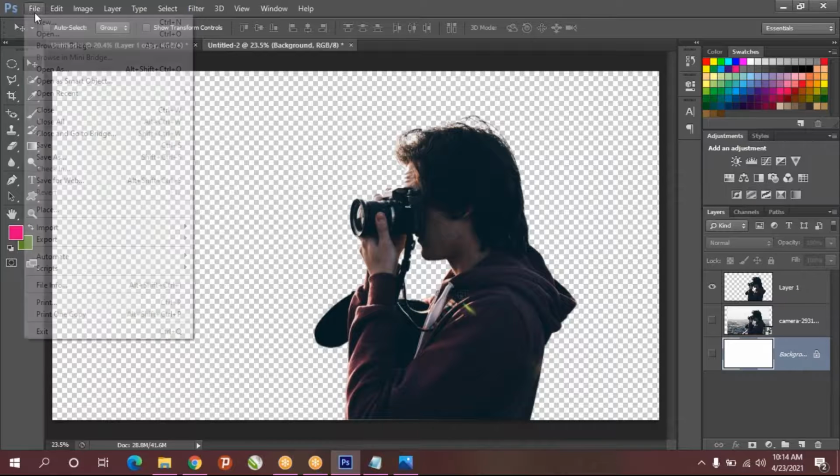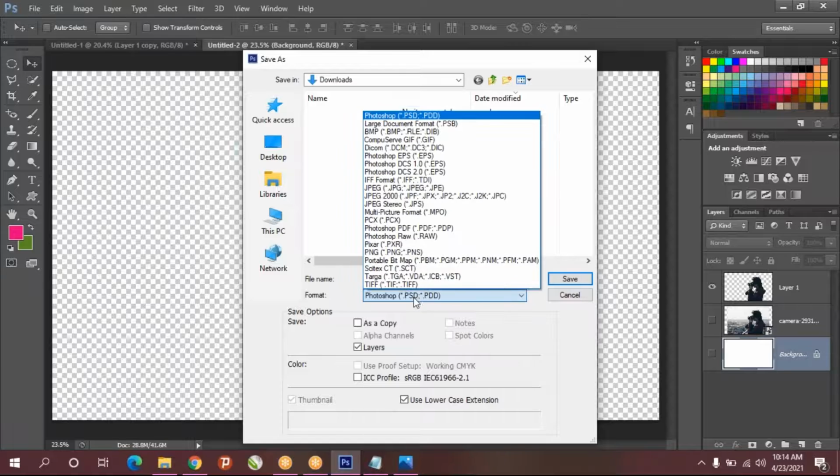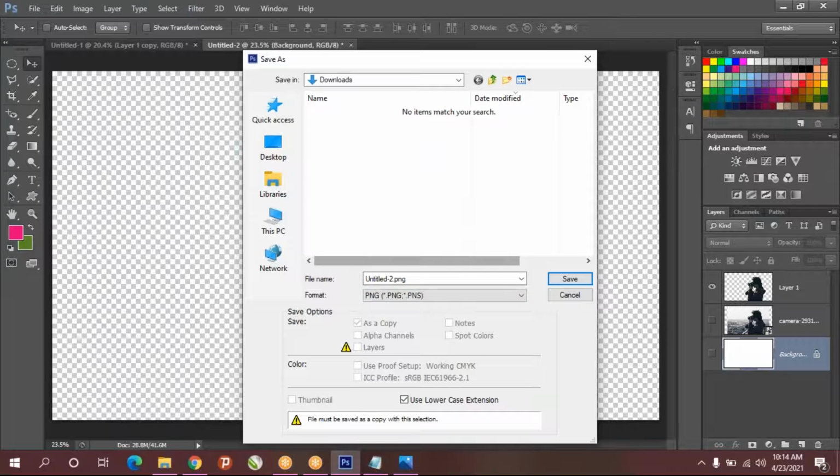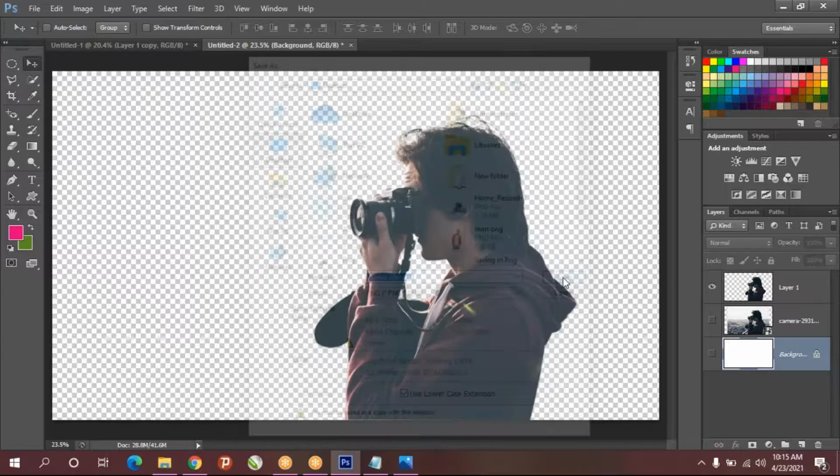And after that, go to file menu, save as. So before we used to choose JPG, but now we are going to choose PNG. Click on PNG, give some name for this, and in the desktop I'm going to save and give save.